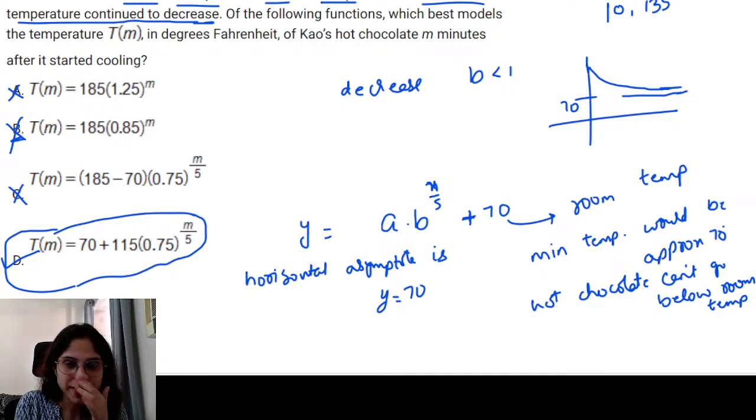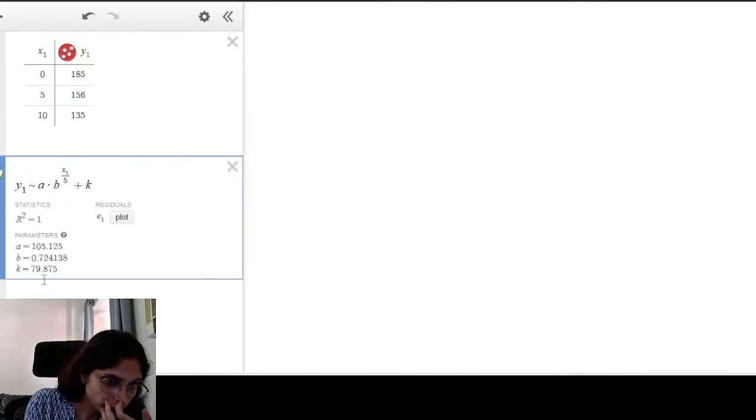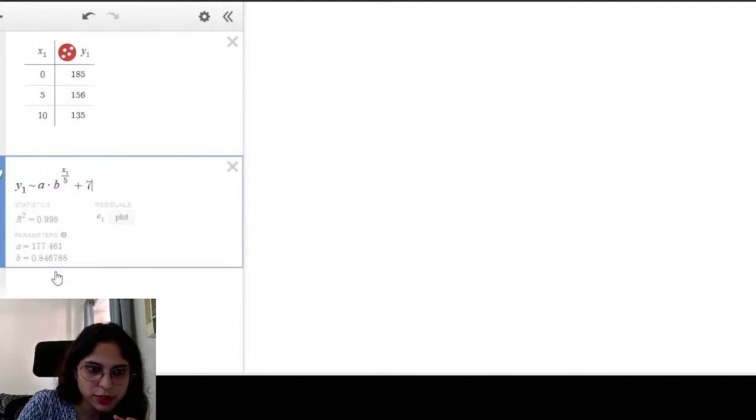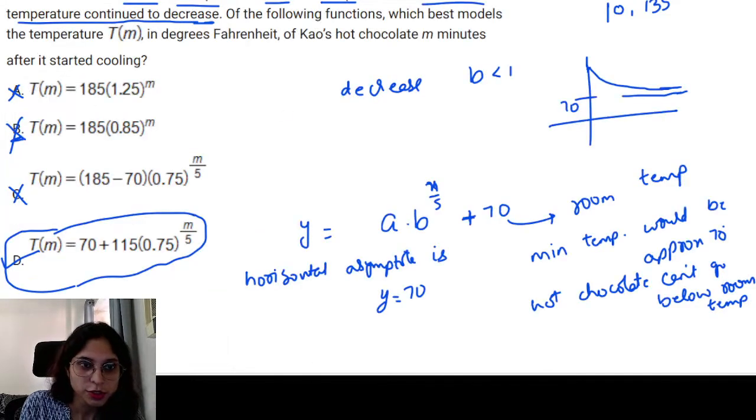So to be on the safer side, for every question use plus k. For example, here also, you do not know that it's 70, you just write plus k. You're getting different things. K they are showing is 79.875, but this is actually 70. So that is a trick,